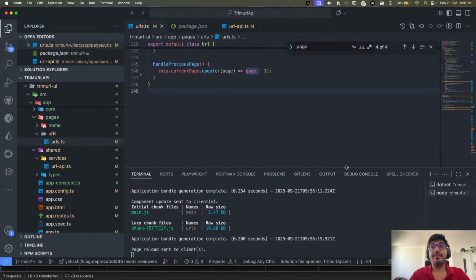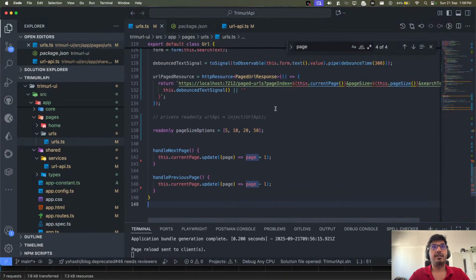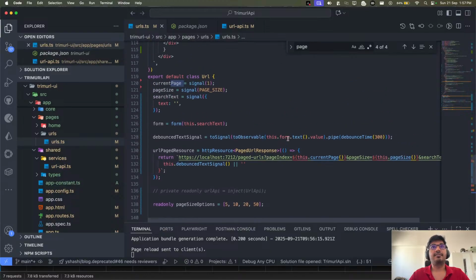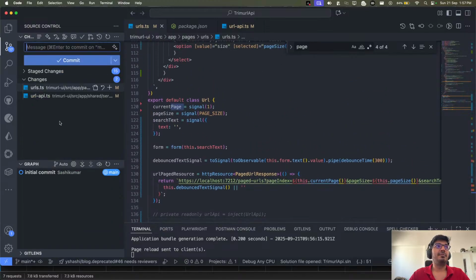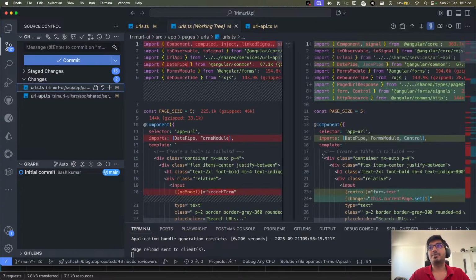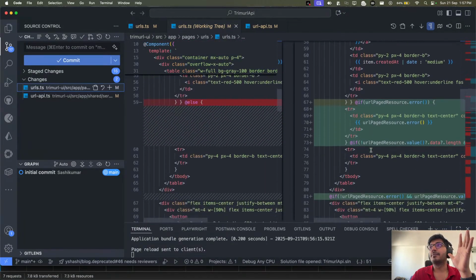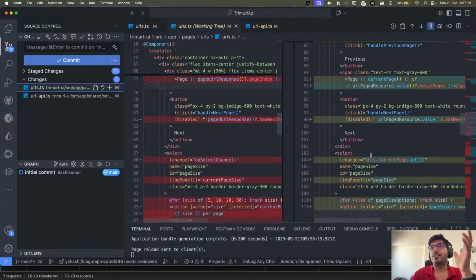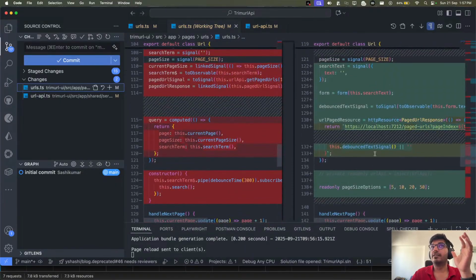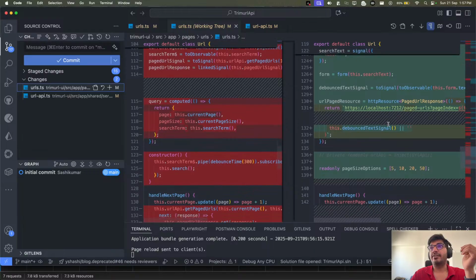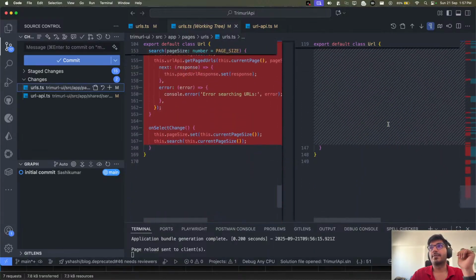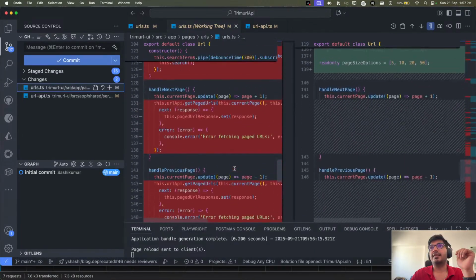And if you compare it with the previous code that we had, it is now quite a lot more slim and trim. Let me show you why I say that. Can you see how much code we have changed and how much code we have also added? If you see the logic part, we have changed a lot of properties, unnecessary use of query, computed, linked signal. We have gotten rid of all of that code, right? Can you see this? All this big thing has been removed.